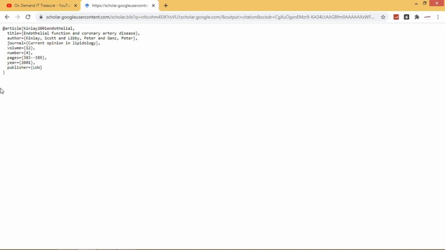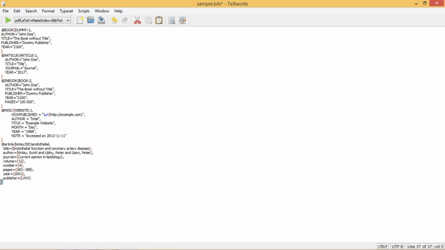It will give you all the information about this article, the name of author, title of this article, journal, volume, number, pages, whatever the information that is related to this article, you can get this in a BibTeX format. Just copy this text and paste that text in this bib database file.